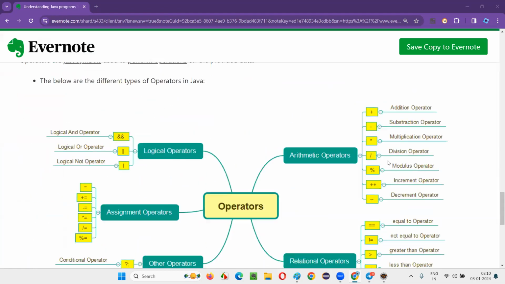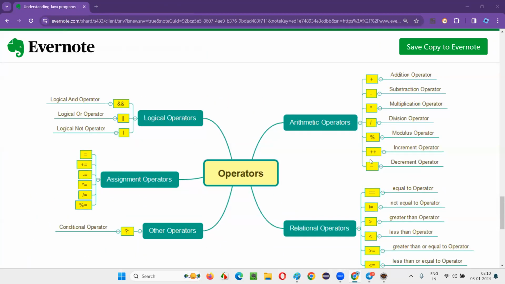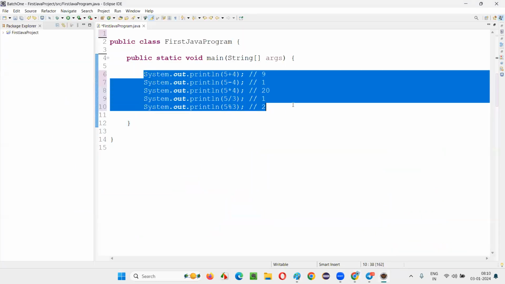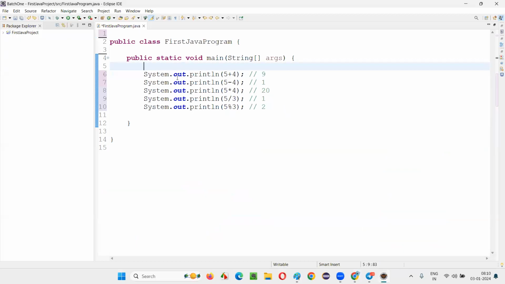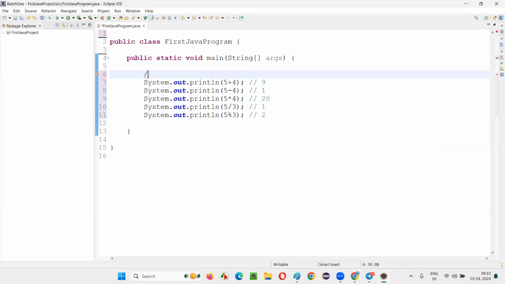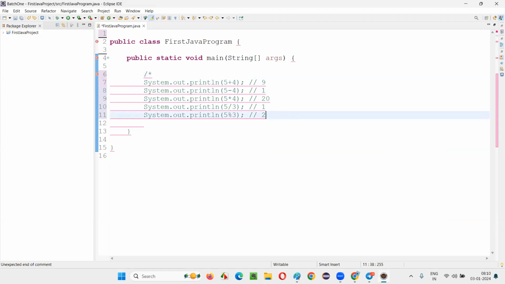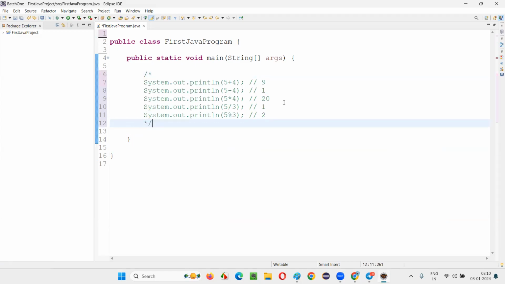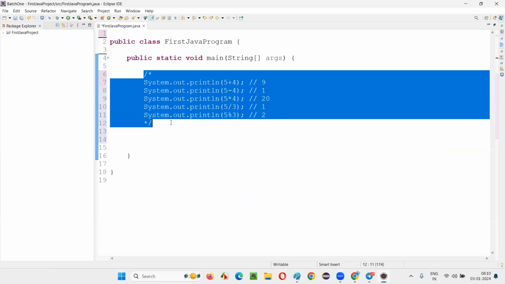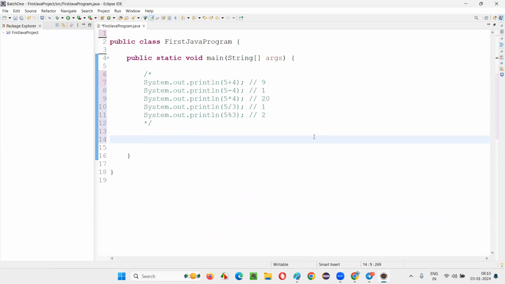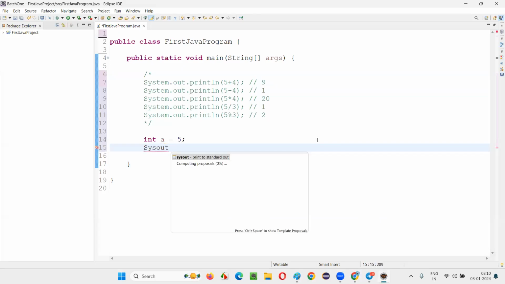The next items in the arithmetic operators are the increment and decrement operators. I'll comment out whatever is completed so that I can share it at the end. This is a comment, so it will not run the code. The next one is the increment operator. If I say int a is equal to 5, now if I say system.out.println a plus plus,